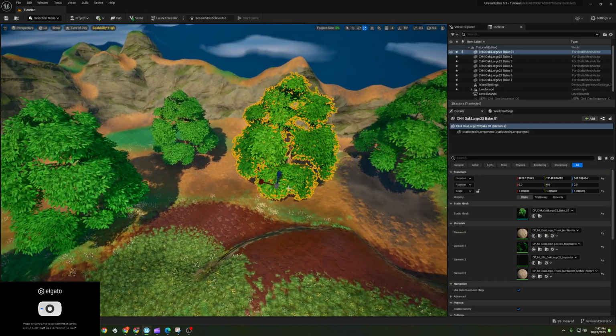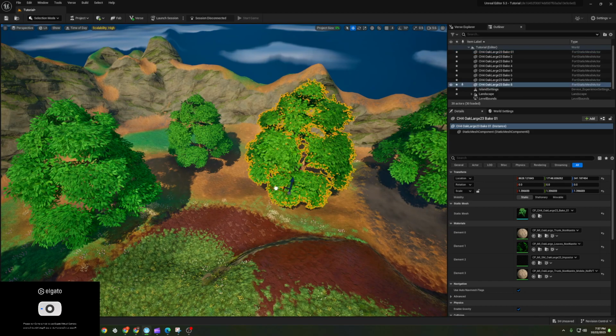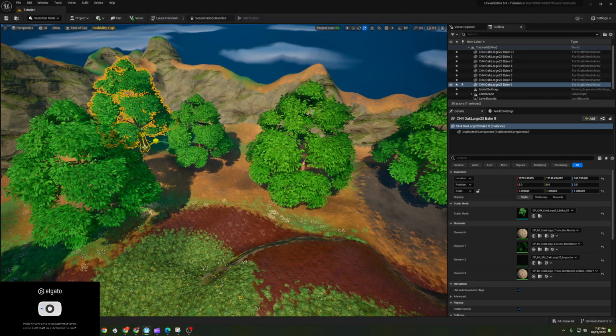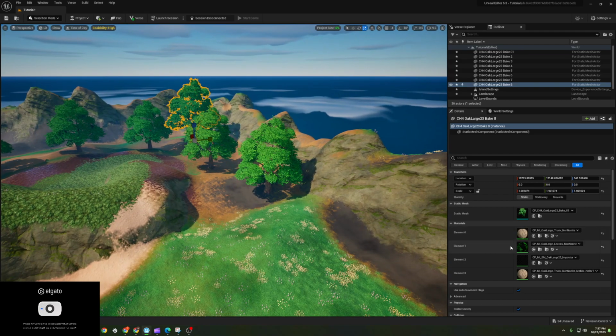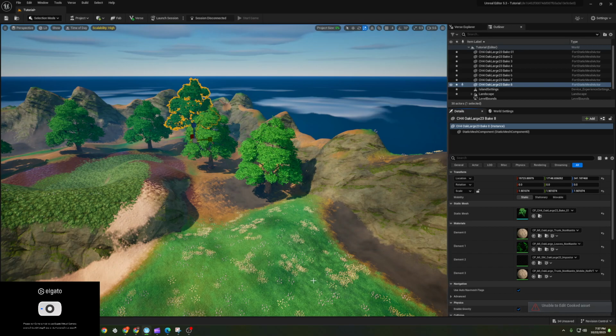No game would ever have anything like that. So don't design your game like that. Make sure all the trees are a little bit different in some way, shape, or form. Okay. All right. I wonder if this material instance is changeable. Nope, I can't edit the cooked asset,